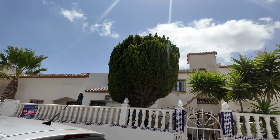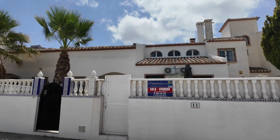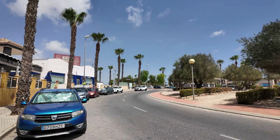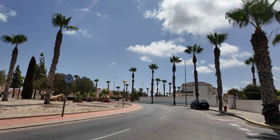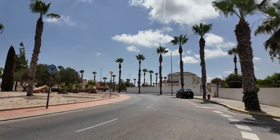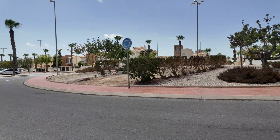There we go. We've got one property here that's just been snatched up, sold already. Snapping them up, ain't they, in Spain? We're back at the roundabout as you come in, but if we go straight down now, apparently there's some more bars and restaurants, and there's a lot of new builds going up as well, so we're going to check that out. Like I say, the further you go down...